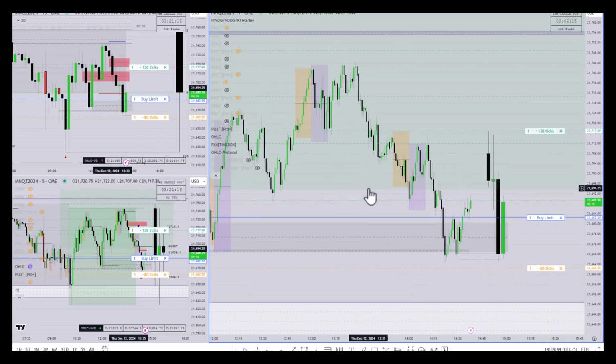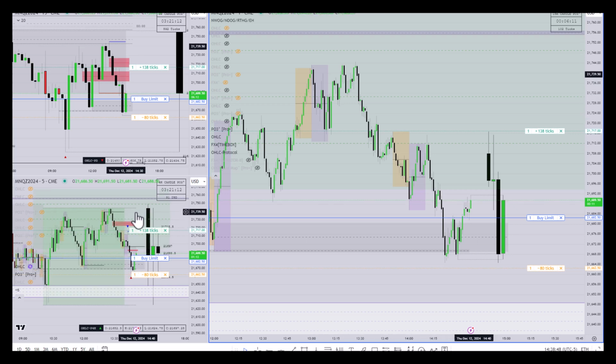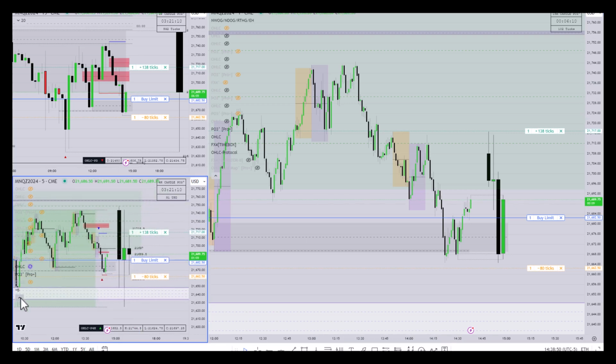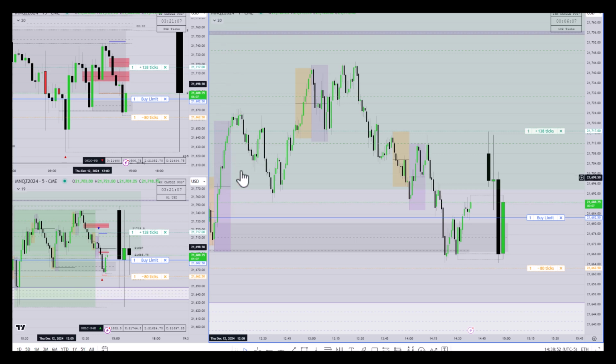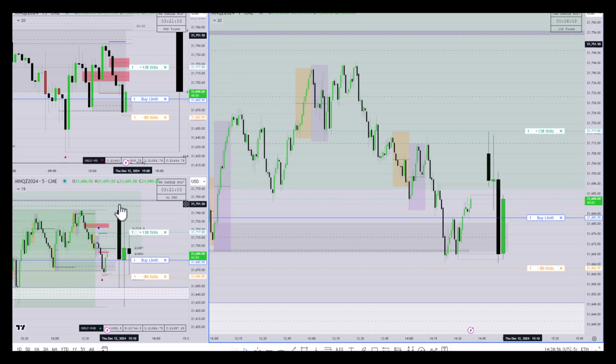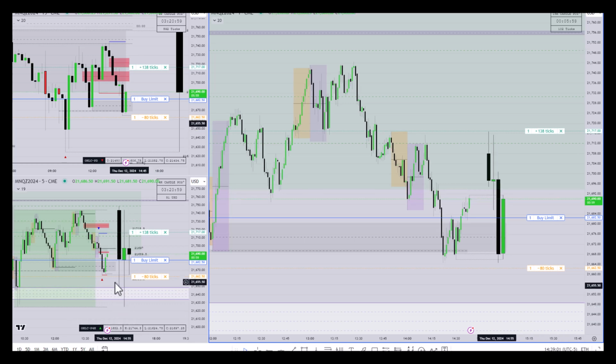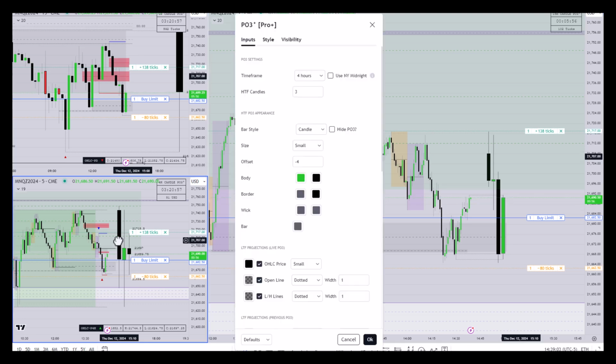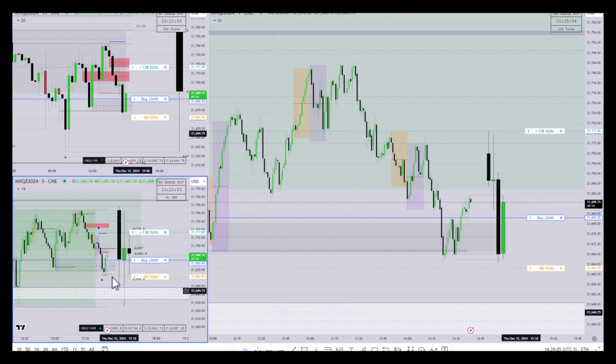All right, let's see. All right, so I like to get rid of some of this stuff out of my way. I don't even have this right now, but it's fine. I like the low resistance up here. I like the high resistance right here on the 15 or whatever this is right here. 4 hour. The 15. I don't like this forming, but I got a